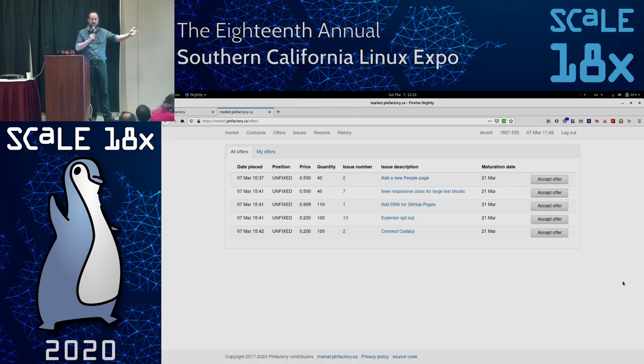So for a project like that, we would say the fixed in the market equals deployed in the issue tracker. So project governance doesn't change, but there does have to be that mapping of this state in project workflow maps to the fixed state in the market.